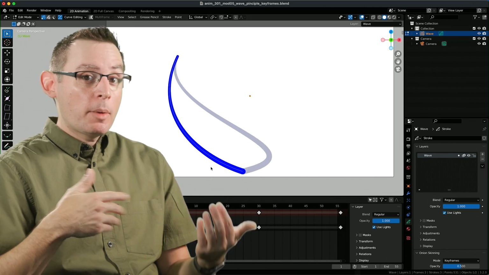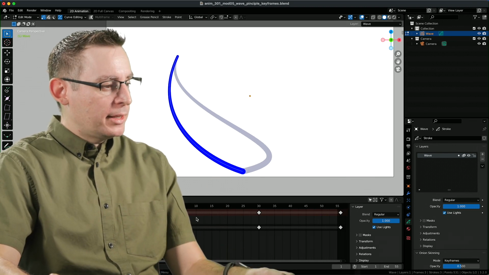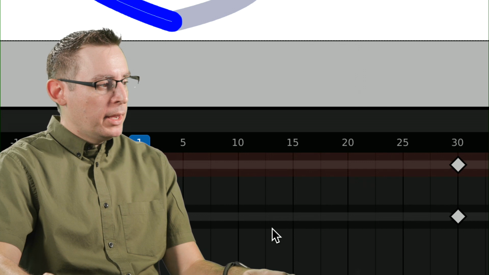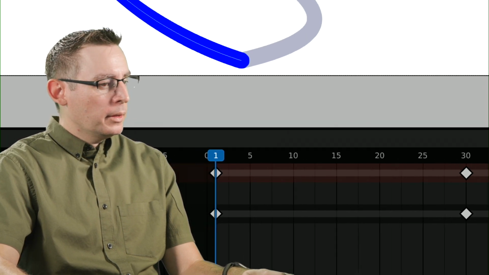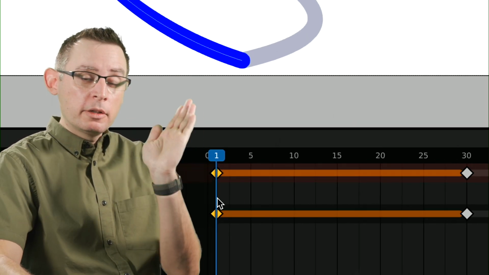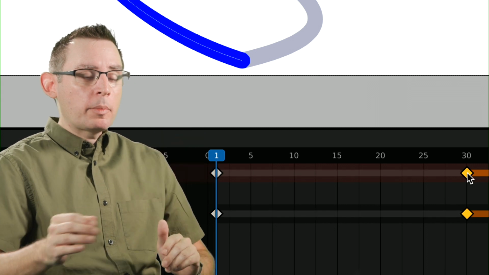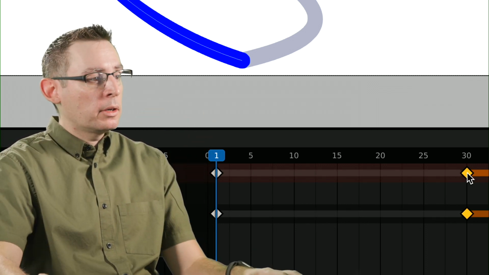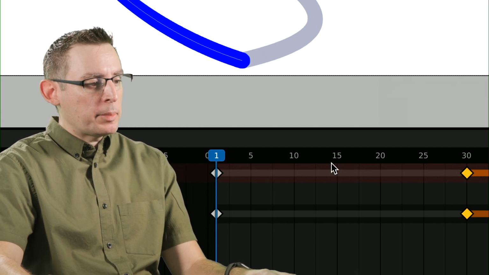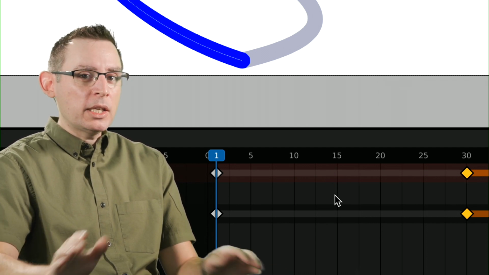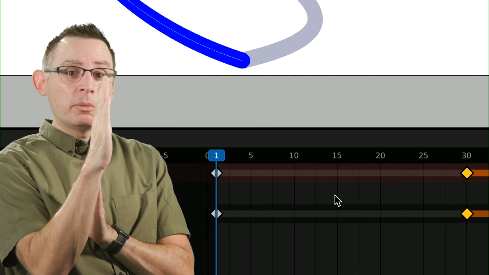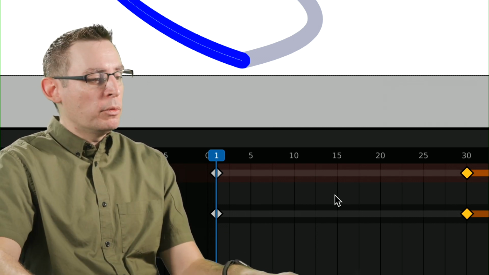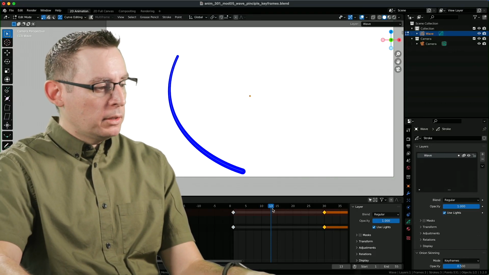All right. Now comes the fun part. Let's bisect this entire section of our timeline. Now, if you think about it, this keyframe here is the first drawing, and this keyframe here represents the drawing where the tail is on the right side of our screen. So I'm going to bisect the timeline right about frame 15 to start establishing a look and feel of what it looks like in the middle of its movement. Let's go to frame 15. We'll do it real fast.